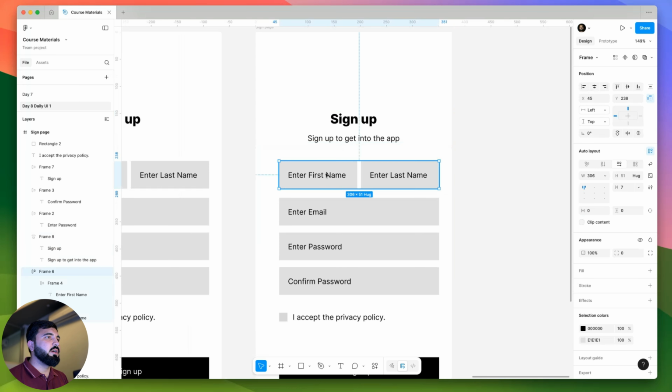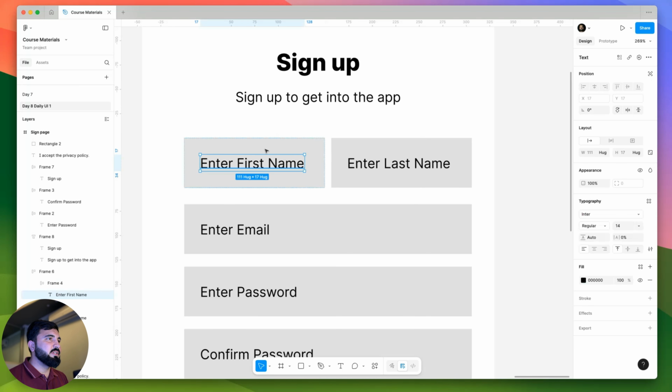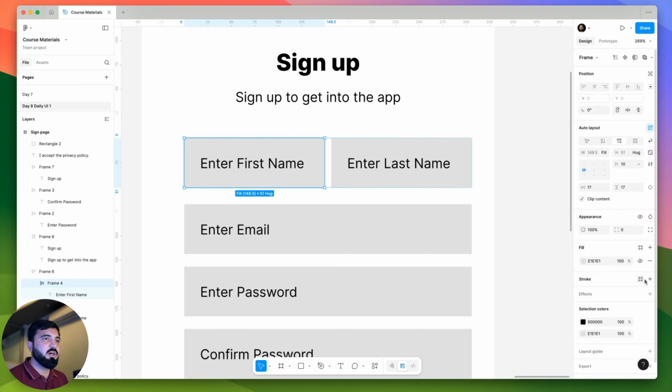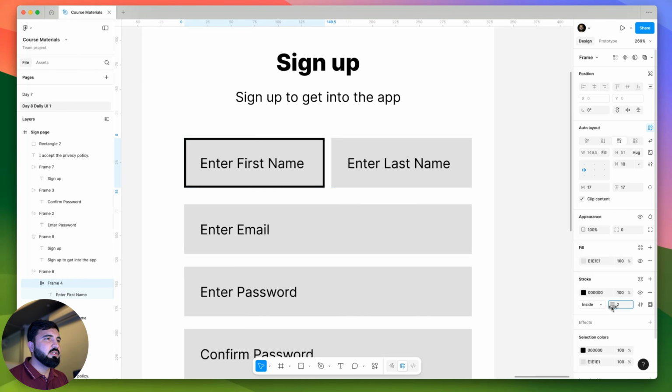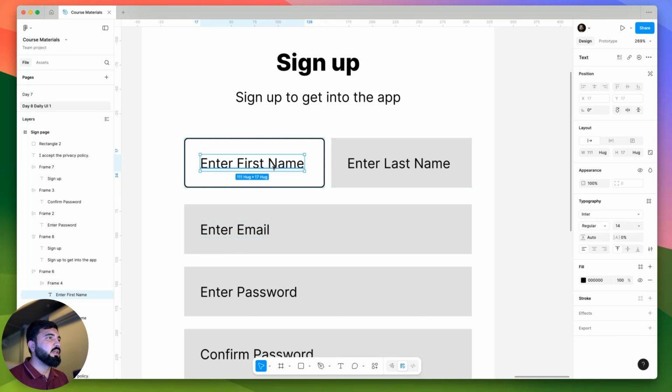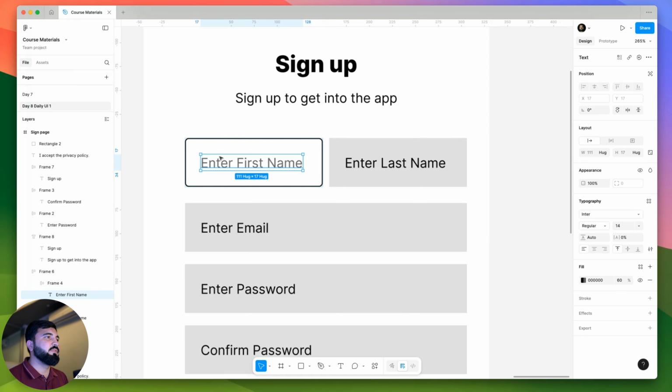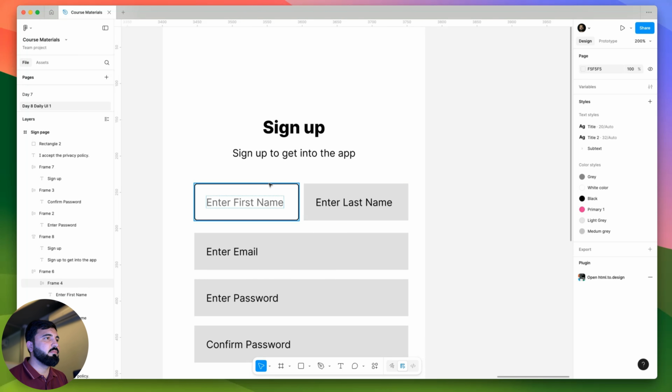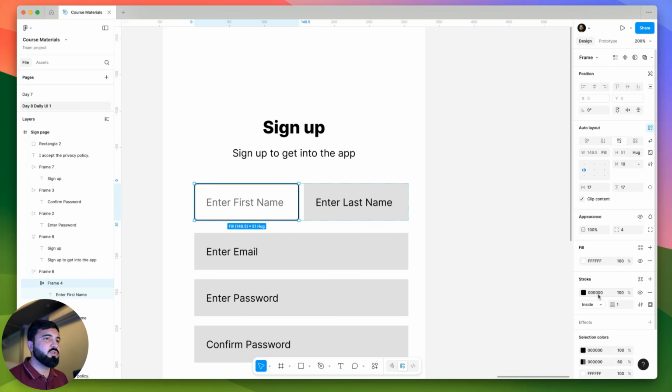Okay, perfect. Now let's give it some of the stuff over here. I will give it probably a little bit of stroke, and a little bit of roundness, so maybe like 4 pixel. Okay, and instead of this fill, I might get rid of this, and this one should be not 100% black, but let's give it 60%, because it's not filled once the user inputs their detail, it becomes like that. Okay, and this stroke should be also, but for now let's keep it like this, because this is just low